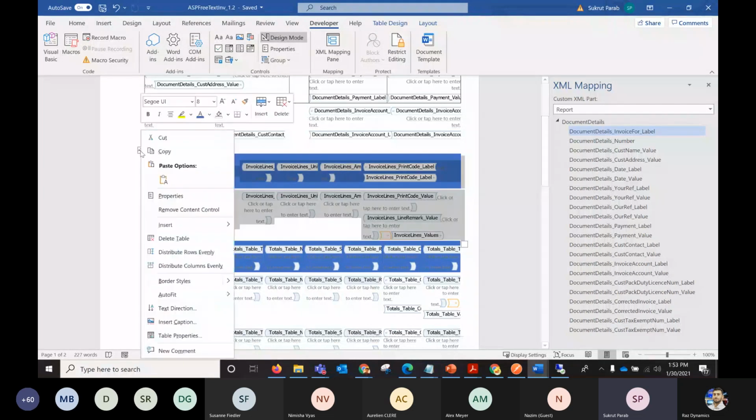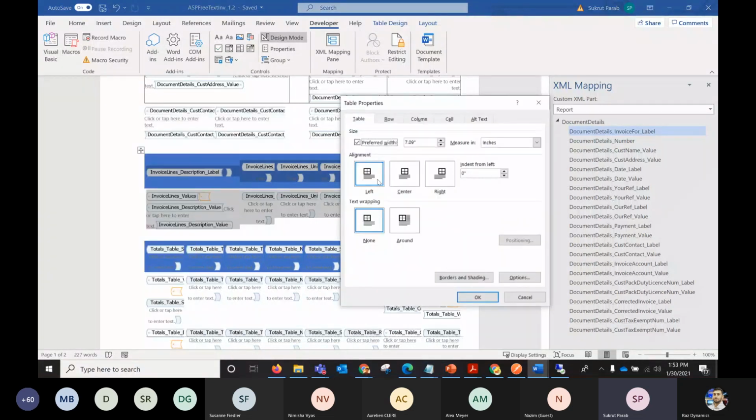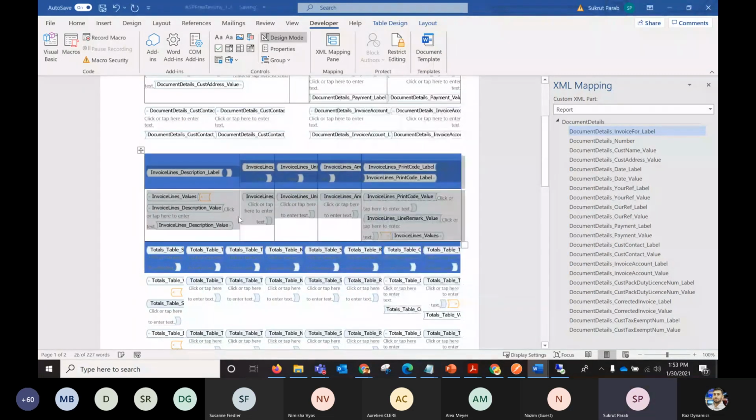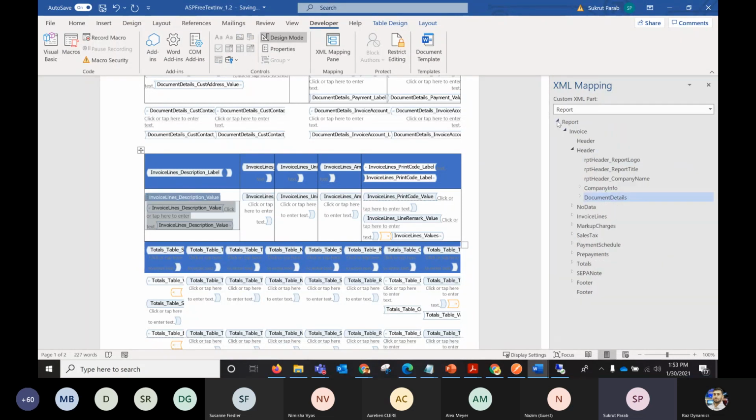This is also a table with multiple columns. Let me quickly show you its borders and properties. You can see this is a table with 4 columns, wherein I have defined the header for my table. Now, if you want to display the repetitive data within this table, this particular structure which got copied in our Word template gives you the ability to map your content. Because the invoice line we selected as record list, you can map this repeating lines section to this